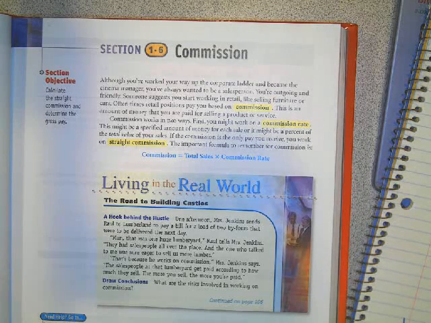Section 1-6 starts on page 103 in your textbook, and it talks about commissions. Commissions is just another way to get paid, and typically salespeople get paid by commissions. Now, salespeople have a hard job, and it takes a lot of skill to be a good salesperson. Typically, salespeople will invest a lot in their own personal training, and they have certain personalities that allow them to